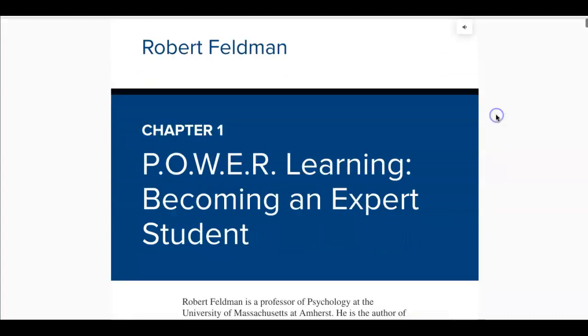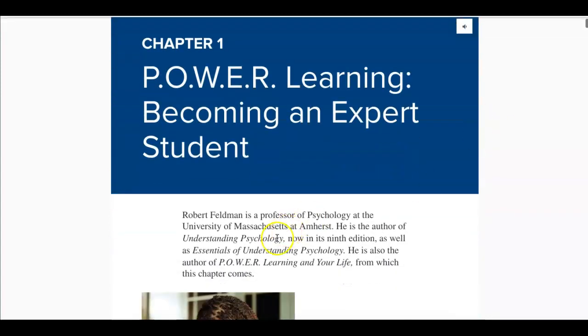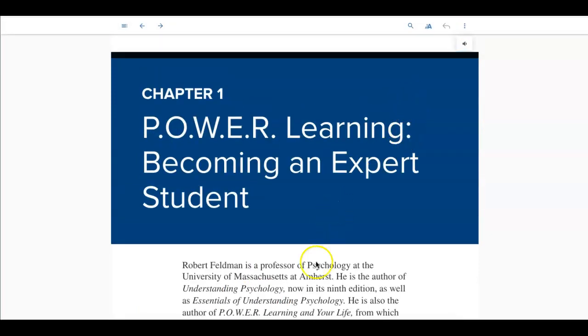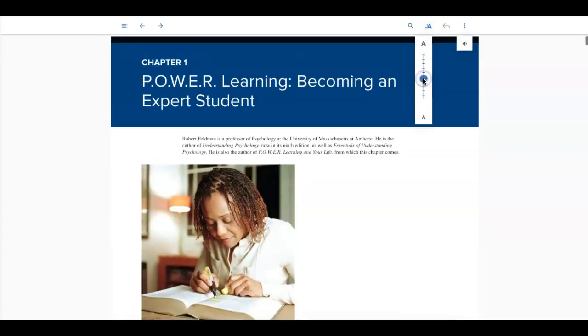Say it's hard for you to read certain text. You don't get that opportunity in a physical book, but in an ebook you do. So I'm going to put this back down. And some other options are that you can search the textbook. Now, say you're writing a paper about something,